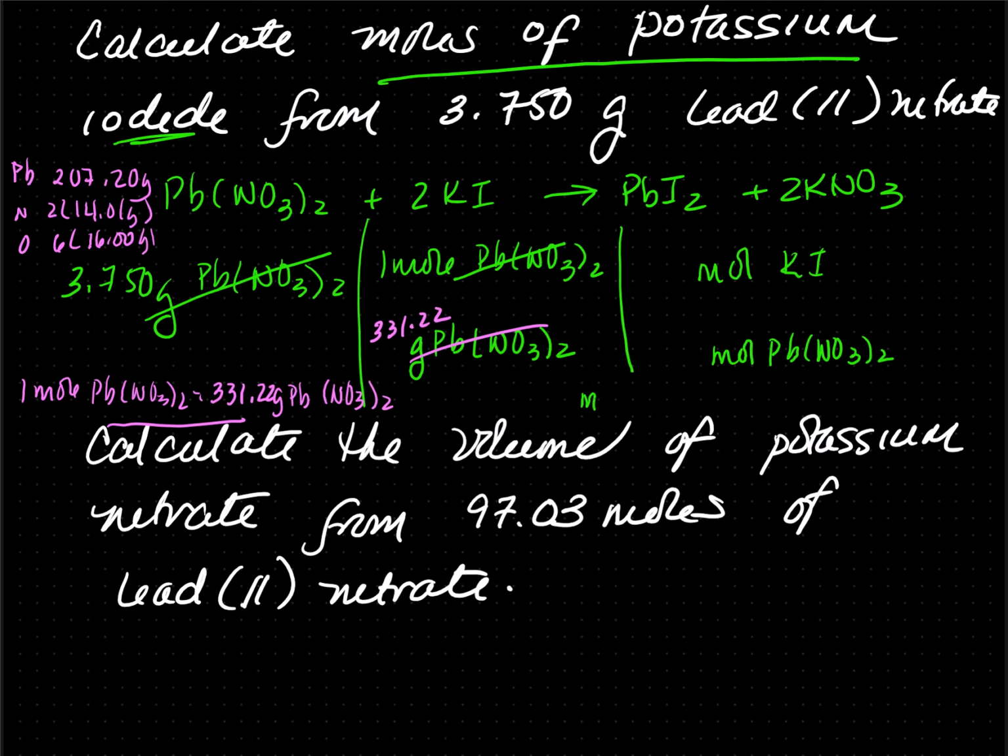So since it's a mole ratio, we know that the moles of KI has to equal the moles of lead nitrate. And where do we get these numbers? It is the coefficient of the balanced equation. The number in front of KI is 2, so this is 2. The number in front of lead nitrate is 1, so this is 1. So lead nitrate gets 1, moles of KI get 2. The diagonal units cancel out, so now we multiply 3.75 times 1 times 2 divided by 331.22. This equals